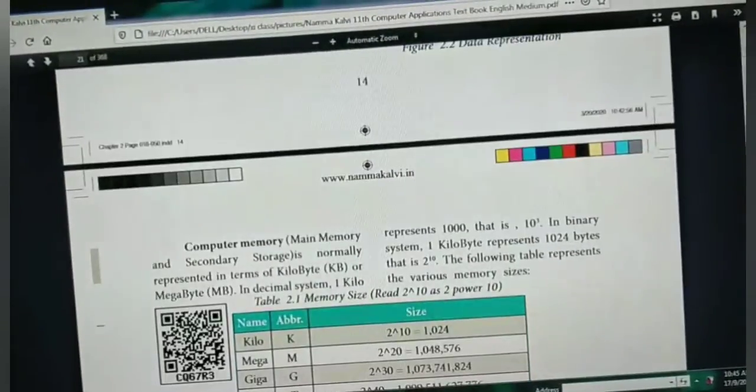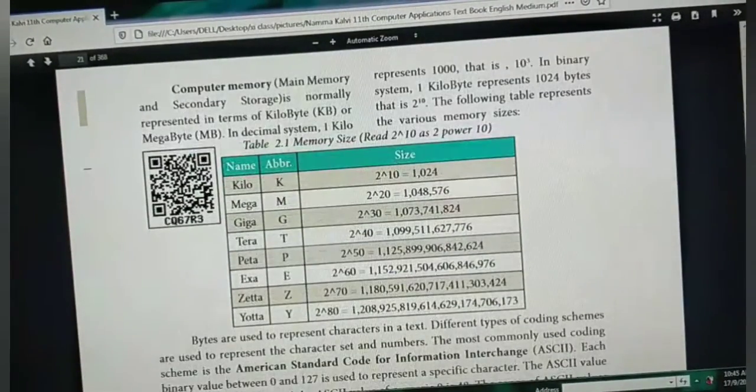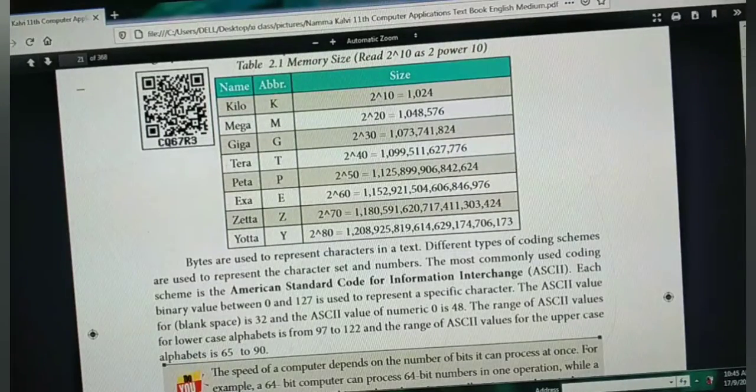And next you come. Yes, go through this tabular column. This is your 1-word question. You have to go through this one. It is for your 1-word question: kilo, mega, giga, tera, peta, zeta, yotta. Next you are having the expansion for ASCII. Note it down. Next, the range of ASCII values is also given for you, both for lowercase and for uppercase. Each and everything, you have to underline. There is a possibility of having this for your 1-word questions.